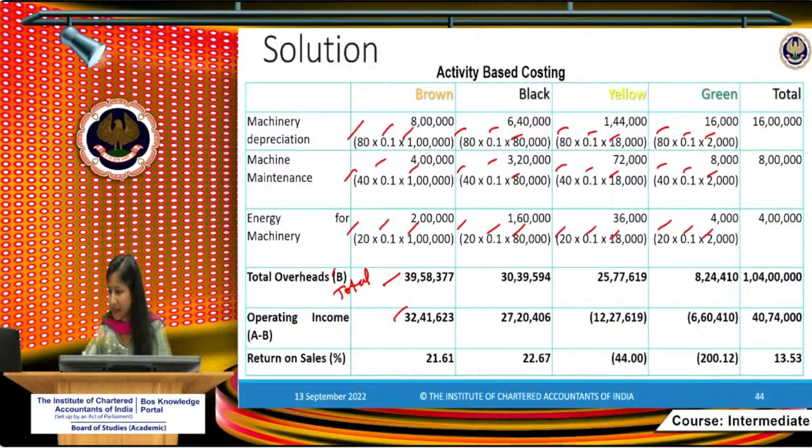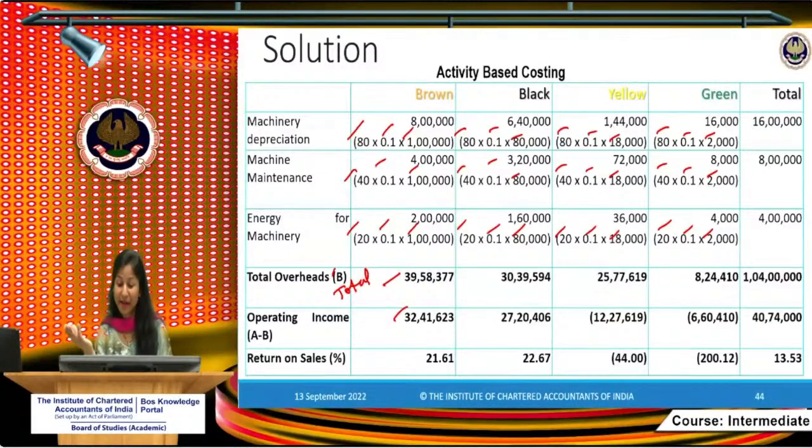Very clear, Sandeep. Roshni, but it consumes a lot of time. Yeah, it will consume a lot at first. If you are practicing it for the first time, it will definitely consume time. For calculation, you need to give certain time, but for the calculation of the cost driver rate, you need to use your mind. But how will you use your mind in the examination hall? By practicing these kinds of questions. So first practice this kind of question. We have already practiced this question actually.